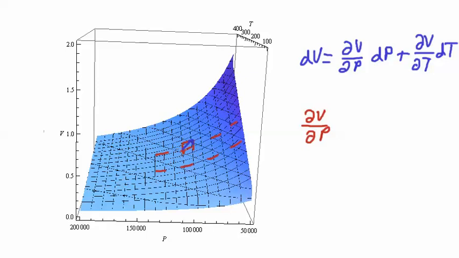So you basically go a little bit this way, or the slope of that way times the change in that direction, plus the slope in that direction times the change in that direction. Now that only works for a little differential element here. You can see even here that the slope dV dP changes quite a bit as you are moving up. So it only works in that little tiny section, but it works in that little area. And the way that's described by equation 1